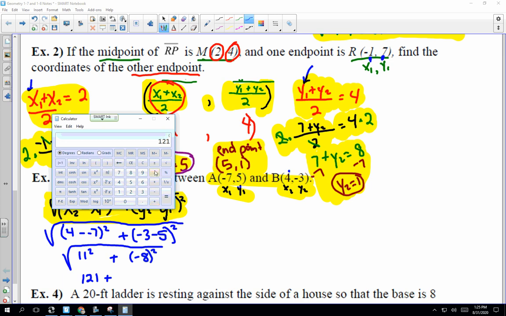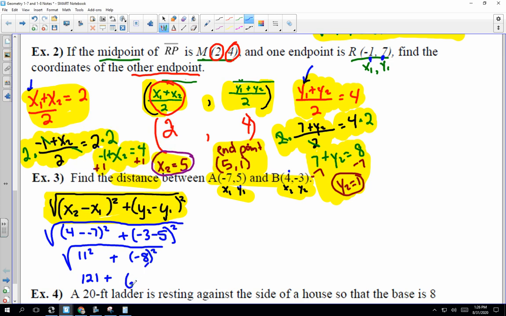Parenthesis, -8, and parenthesis, then squared. If you don't put the -8 in parentheses, your calculator is going to think you want to square it first and then attach the negative on it. So make sure you have